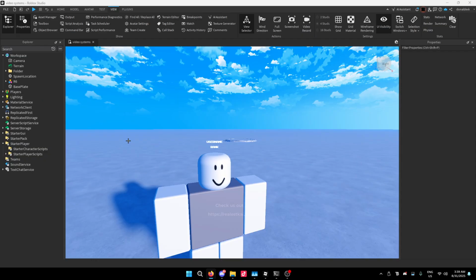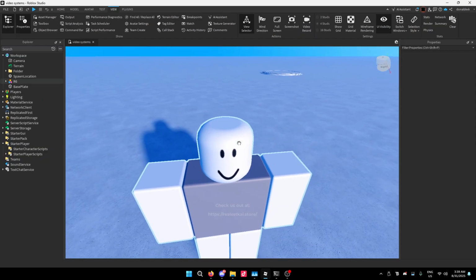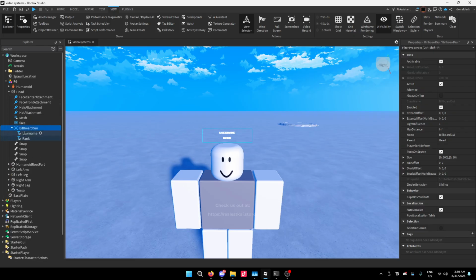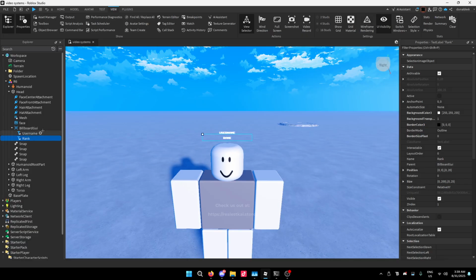I already made my UI, my overhead UI, as you can see right here. It is in this head billboard UI: his username and rank. For today, we won't do any more than these two, just the username and the rank. We'll pull the username from the user and then the rank from a group. So in group rank, you can make your own GUI right here. Make it how you want it, and then